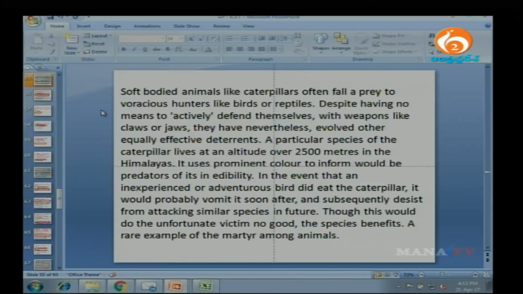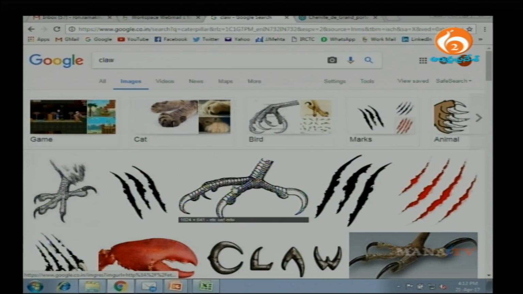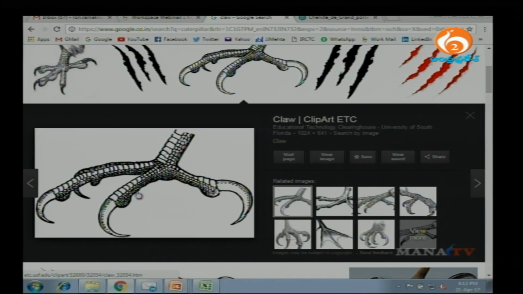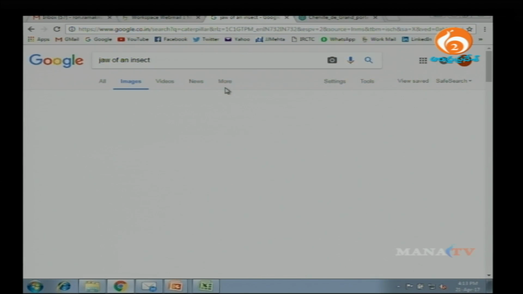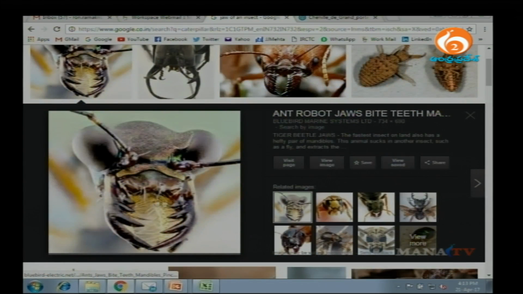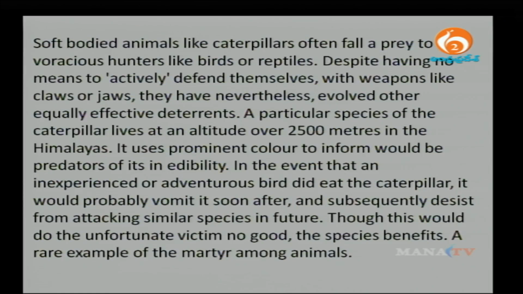What do we mean by claws and jaws? Claws basically means the fingernails of animals like this. So what it says is a caterpillar doesn't have these claws, neither does it have jaws. What do we mean by jaw? Like this, right? This is a jaw of an insect. So it does not have any claws or jaws. They don't have any kind of safety mechanism to stop the birds from hunting them. Despite having no means to actively defend themselves with weapons like claws or jaws, they have nevertheless, or nonetheless, evolved